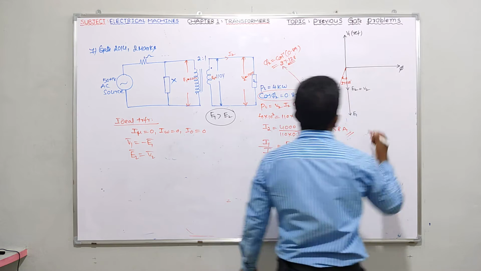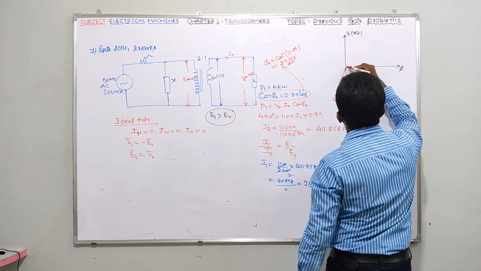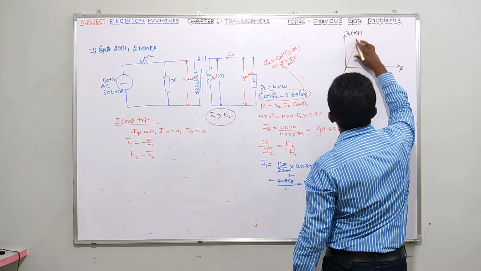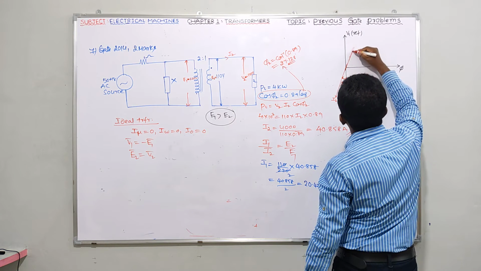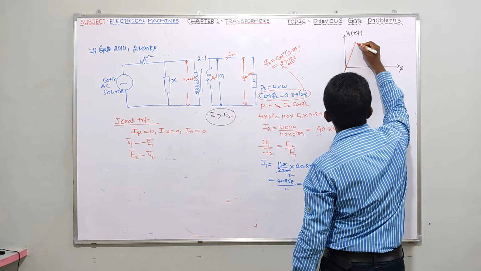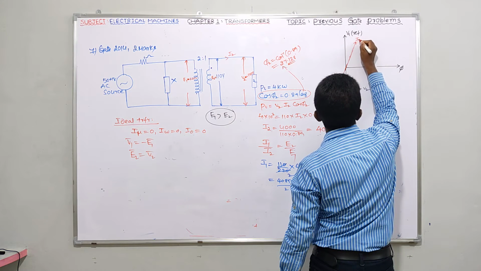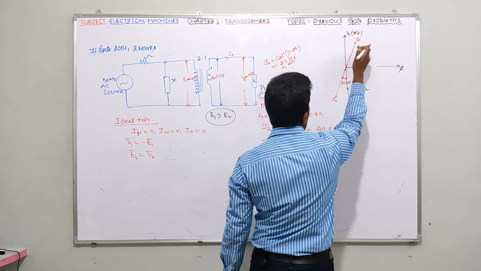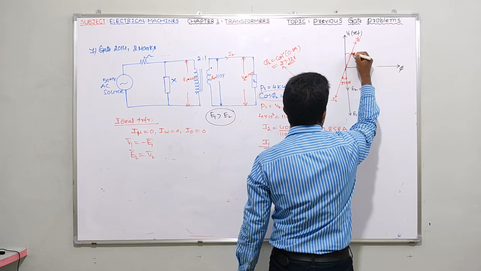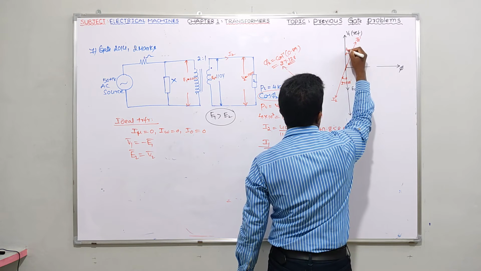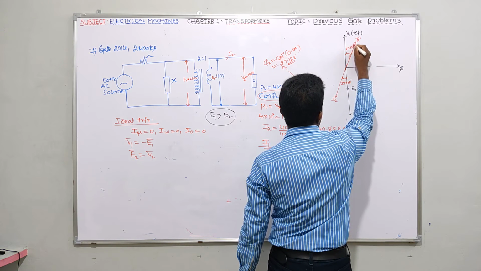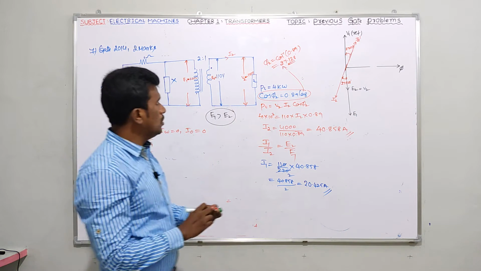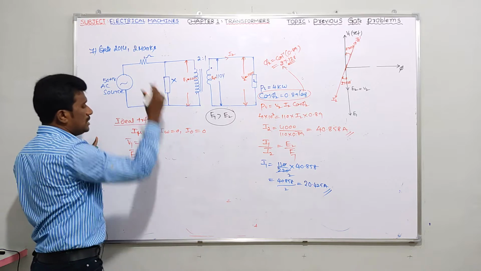What is that phi 2 value? 27.128 degrees. Okay. If I refer this I2 towards primary, it becomes I2 dash. So tell me, guys, what is the angle between your V1 and I2 dash here? Common sense once again, the same angle will come, no? 27.128 degrees. Is it okay for you?